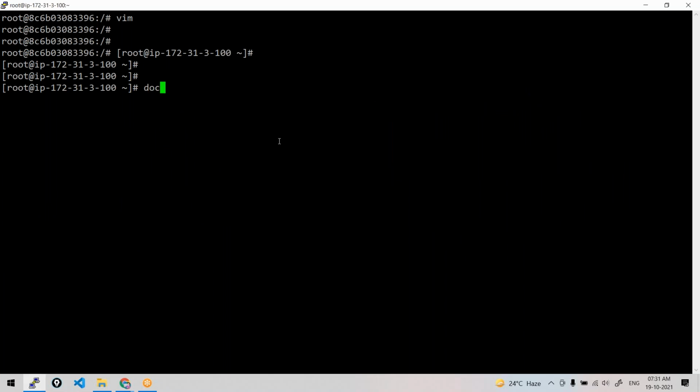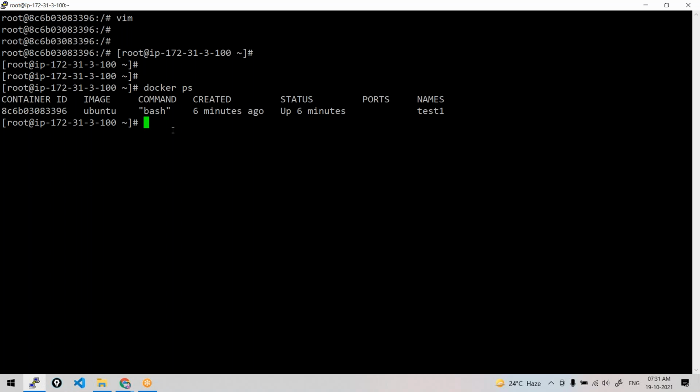Okay. So I just came out of my container. Docker PS, see here, the container name is test1. Okay, this is my container, test1. It is running. See here, status up from 6 minutes. Perfect. Now I want to save this test1, or else I want to save the state of this test1 into an image so that I'll get a new image. Next time onwards, if I run this new image, I should see like Ubuntu with Vim, whatever changes I have made. Okay, so how do you save the state of the container?